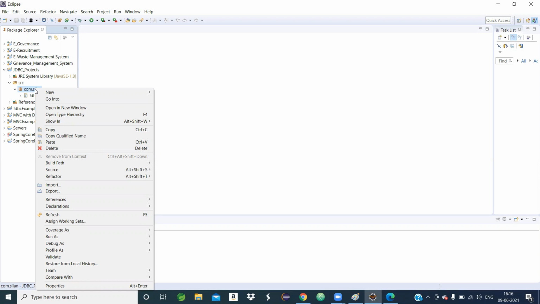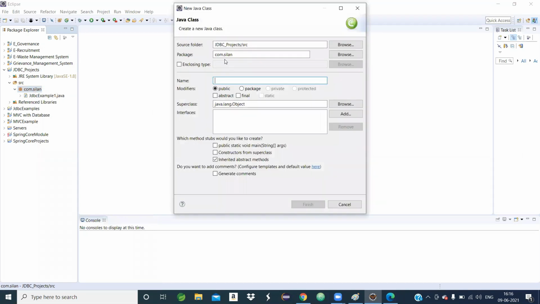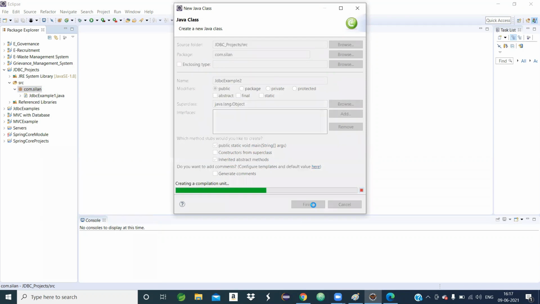So right click on package com.ceylon, then bring the mouse over the New option, and the Class option appears. Click New, Class. The package name is com.ceylon, let my class name be JDBCExample2. Then I will put a tick mark on public static void main, then click Finish.